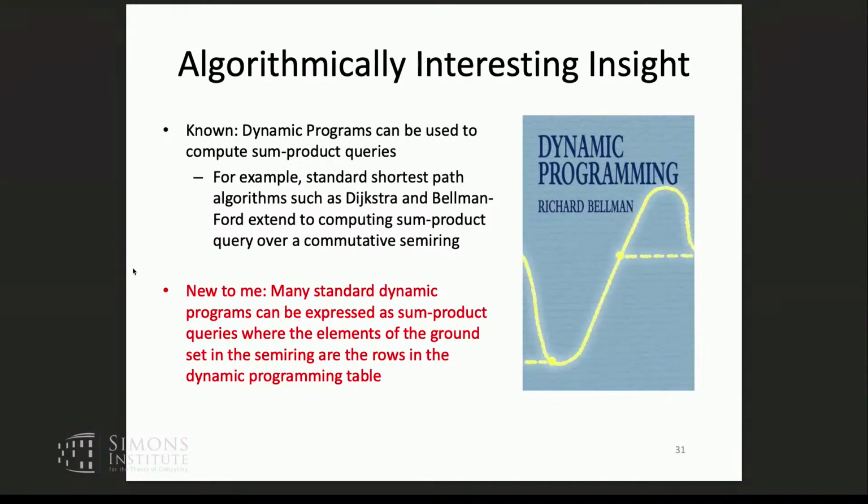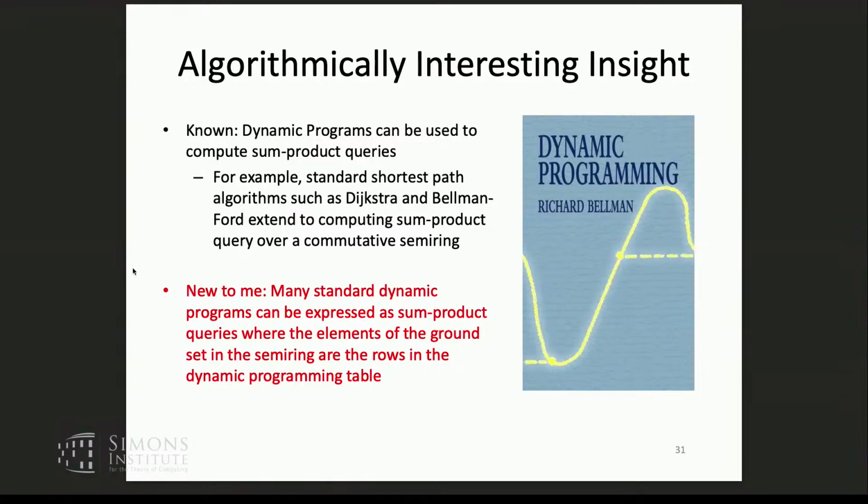I found this interesting when I was doing this: some sum product queries you can solve with dynamic programming. For example, shortest path is a sum product query, and Bellman-Ford is a dynamic programming algorithm that solves shortest path. It turns out that the other is true as well. I can implement some dynamic programs as a sum product query, which I did not know beforehand. And roughly speaking,